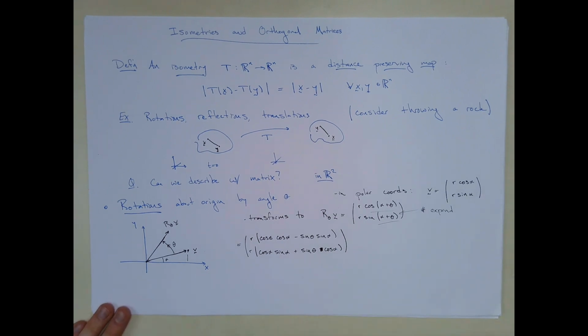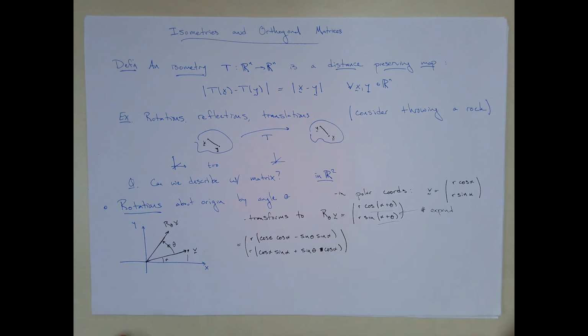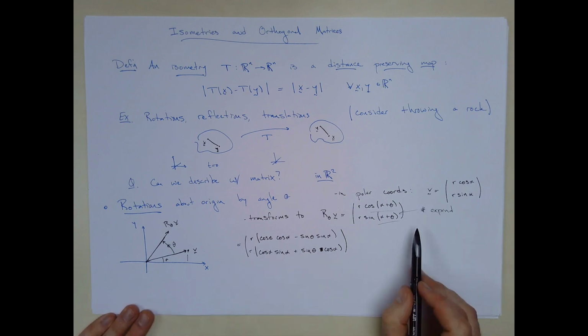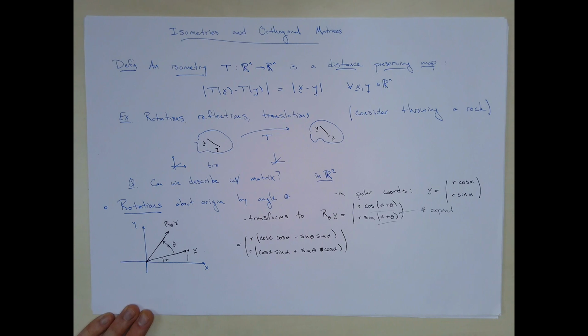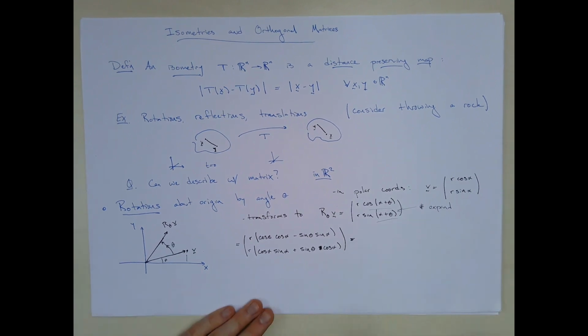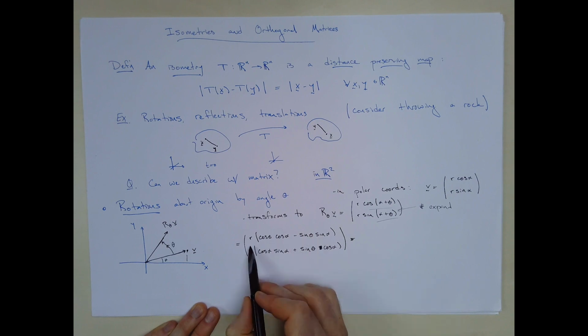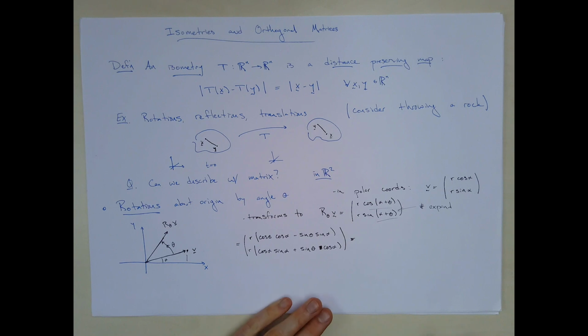Okay. And what I really want to do, when I say can I describe this by a matrix, what I want to be able to write is r theta v equals some matrix times the vector v. So I'm looking to extract vector v out of this, which is r cosine alpha, r sine alpha. And so the key is to rearrange this a little bit as a matrix times a vector. So if you see I have an r cosine alpha and an r sine alpha in all of these terms.